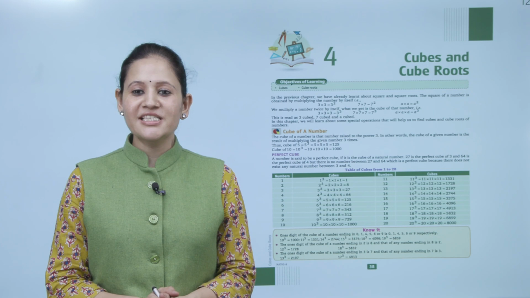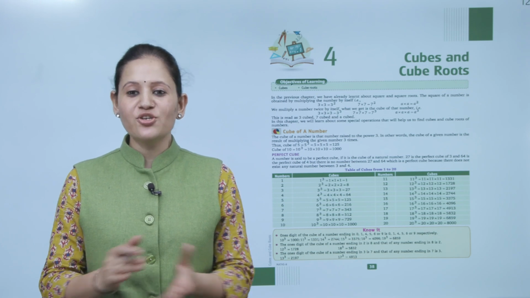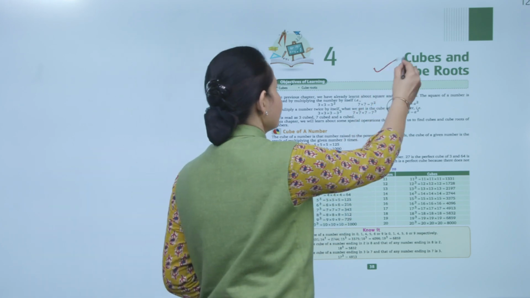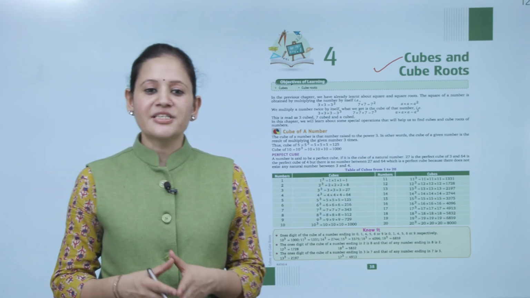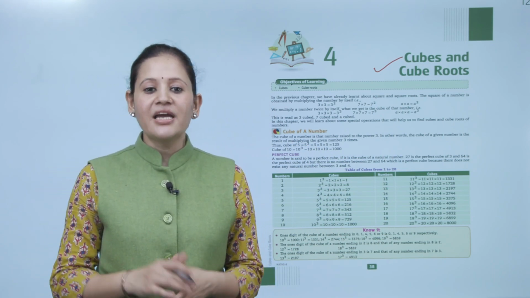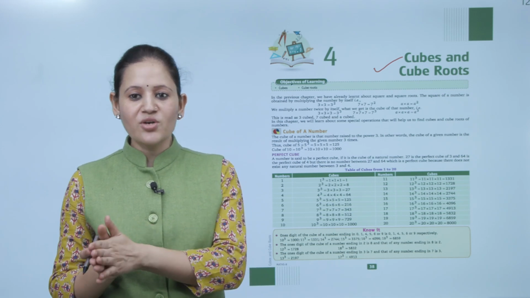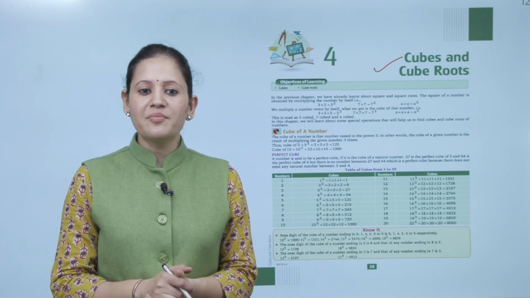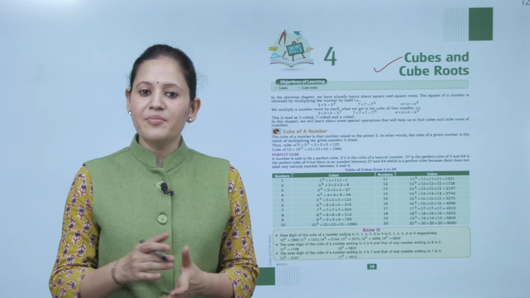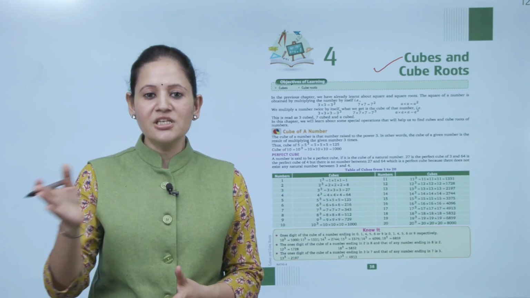Kids, welcome to today's maths class, and today we'll do cubes and cube root. Our learning objectives are cubes and cube root. In the previous chapter we have already learned about the square and square root. The square of a number is obtained by multiplying a number by itself, means 3 into 3, that is square